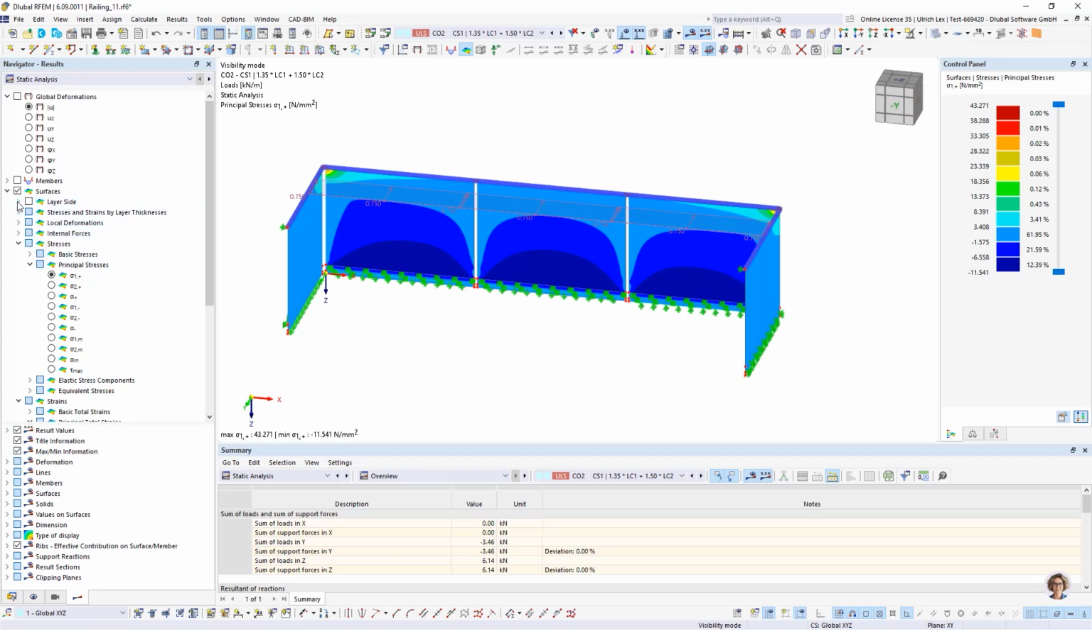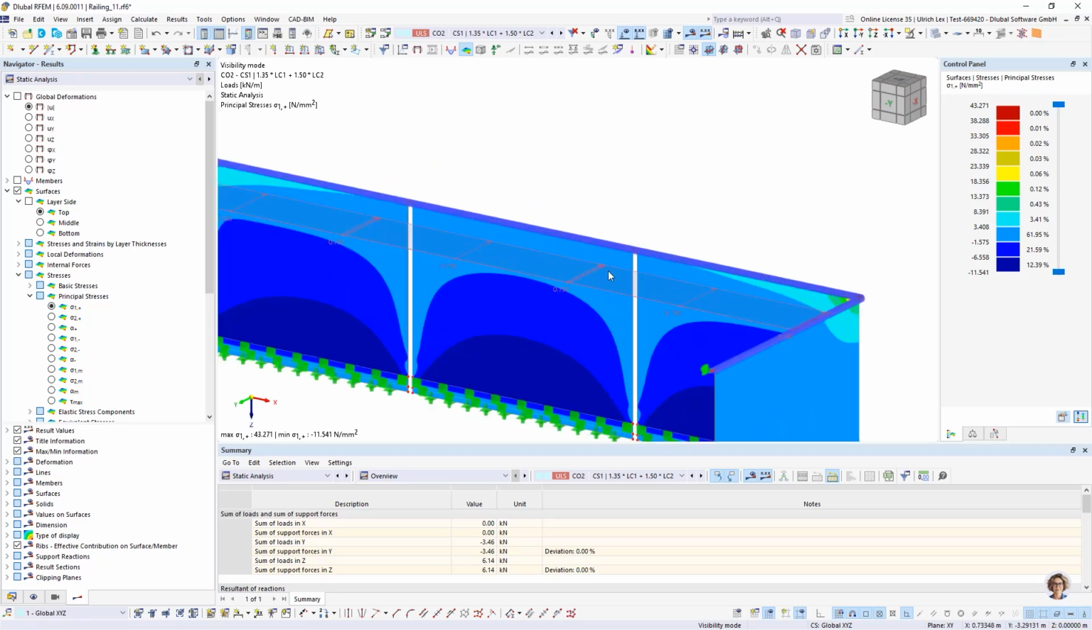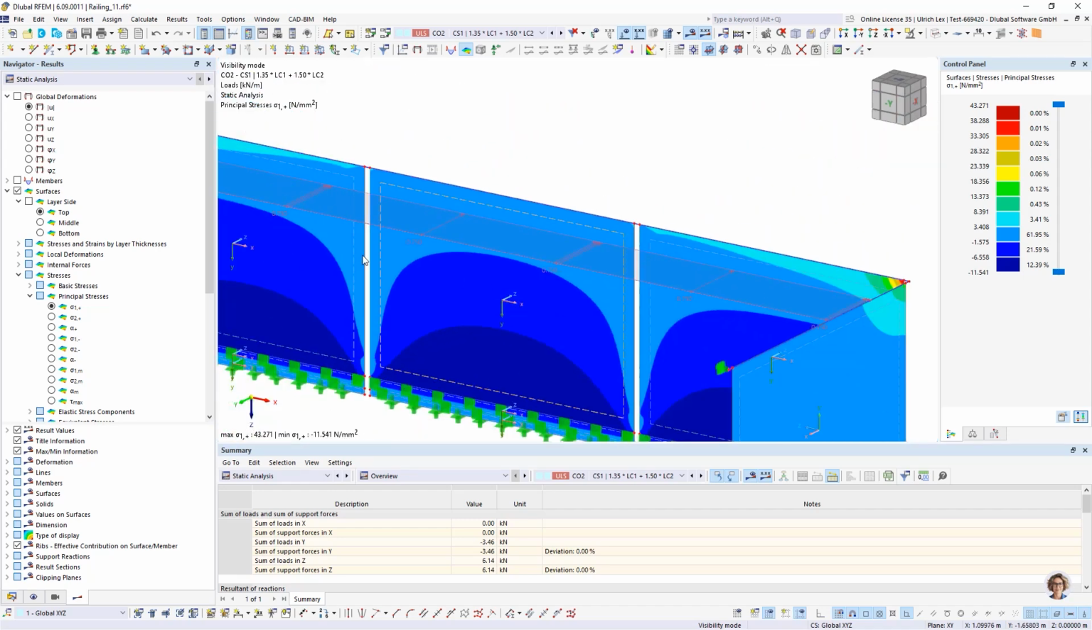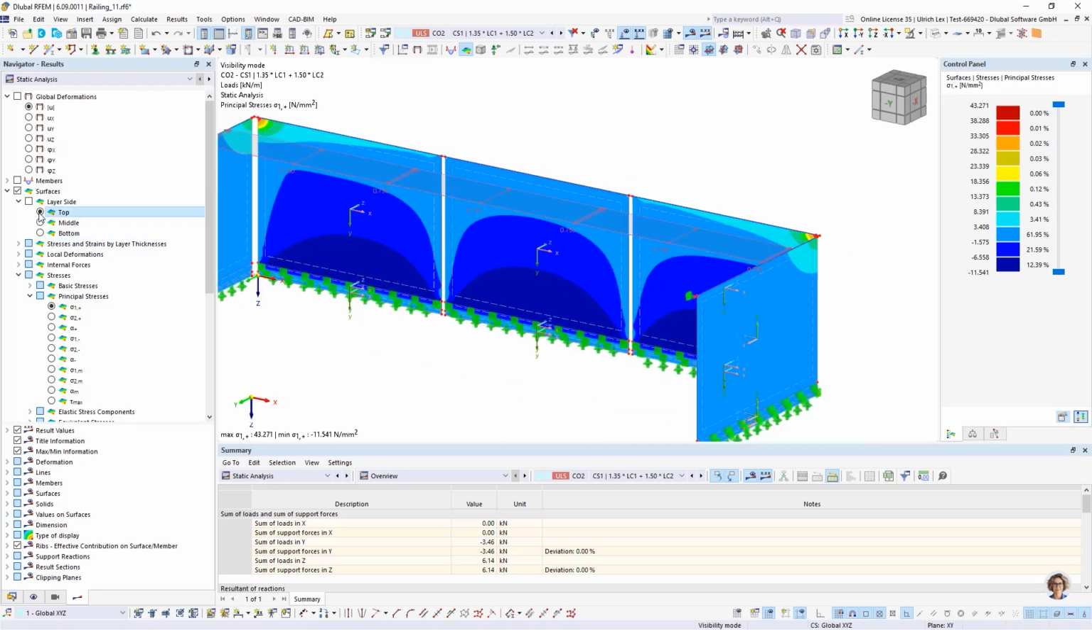Sigma 1, I can choose the layer side, maybe on the top, middle and bottom side. This side is defined on the local z-axis, where the local z-axis goes out from the surface. This is the bottom side. So our maximum stress should be on the top side of the surfaces. So I take a look on the top side,